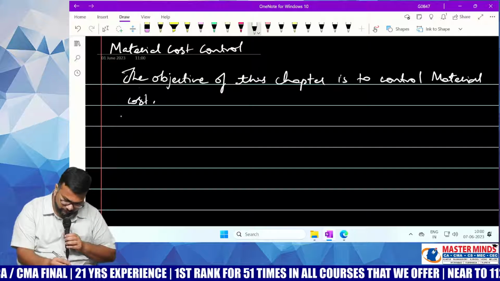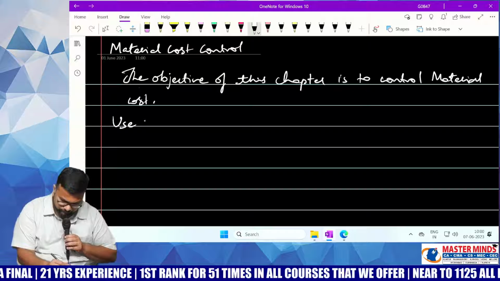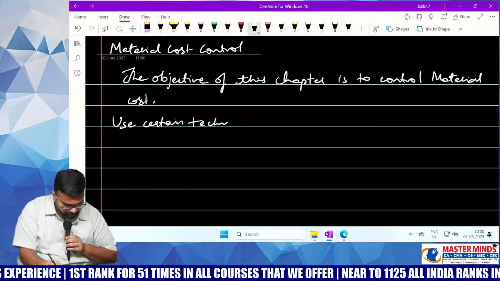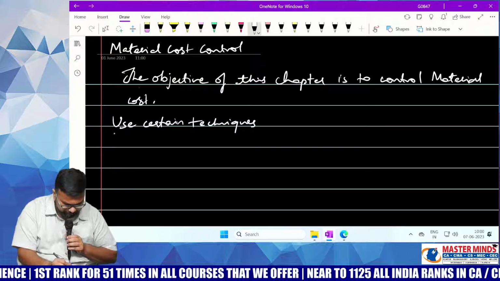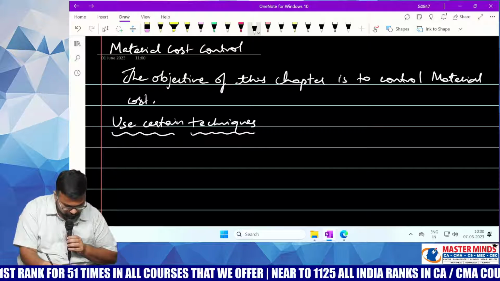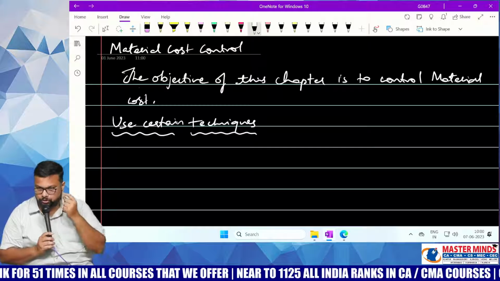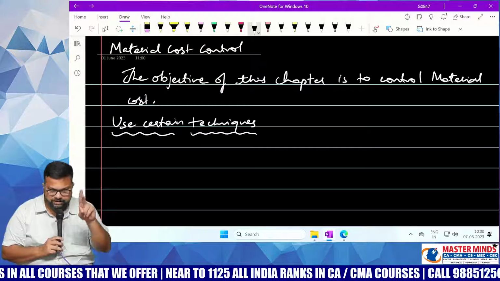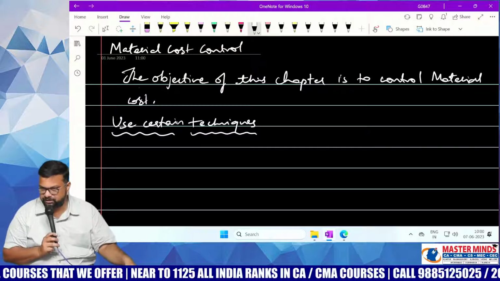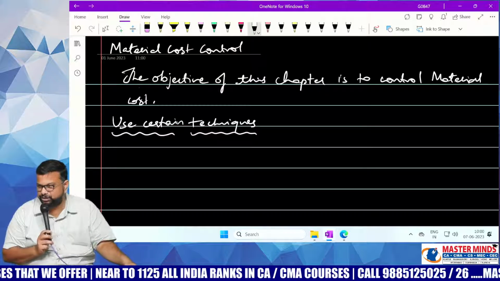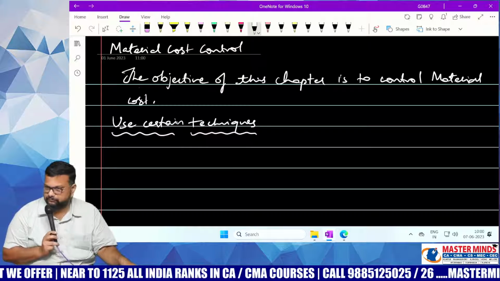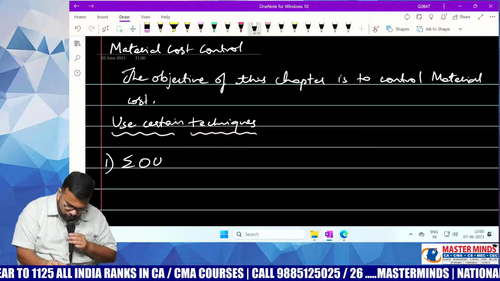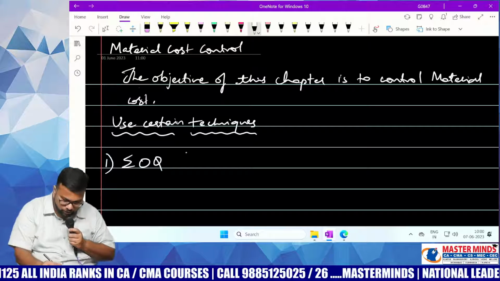So for that, we will use certain techniques. In order to control cost, we will use certain techniques. Altogether, we have 5 techniques. First 2 techniques are very, very important. If we complete first 2 techniques, 90% of chapter is completed. Okay. First technique is EOQ, also called as